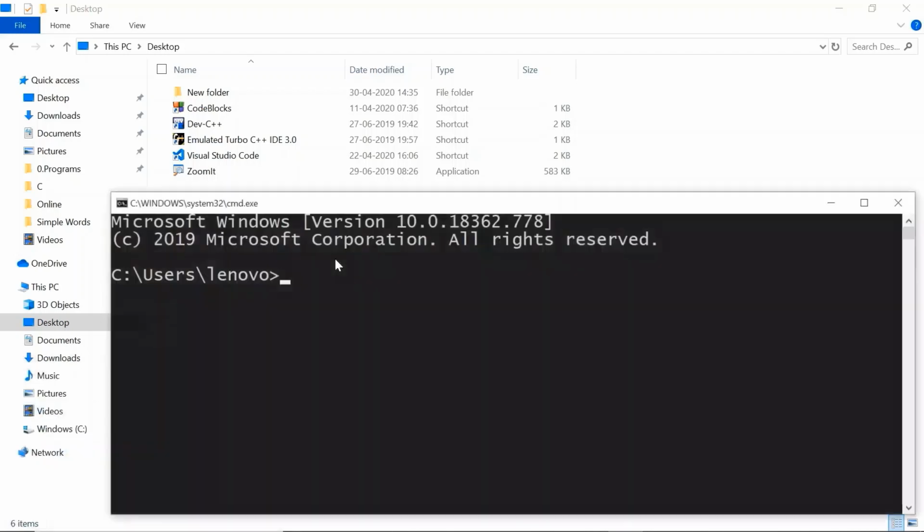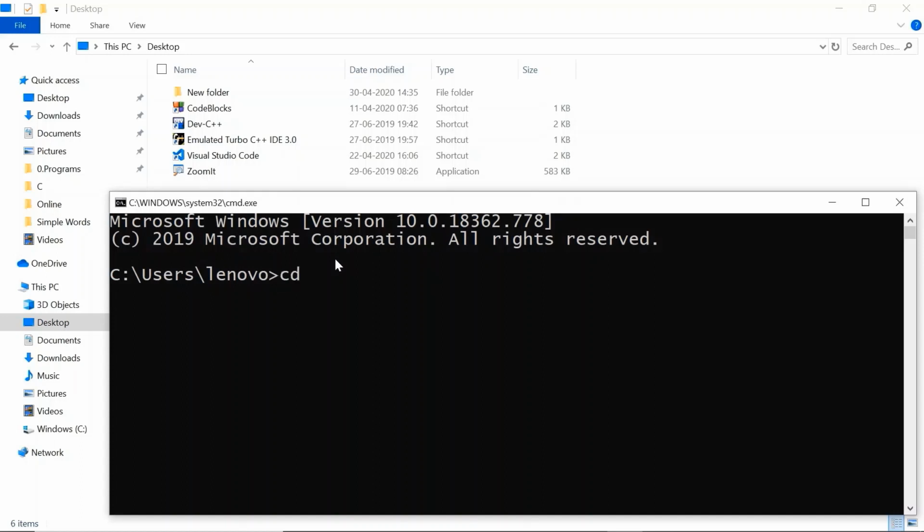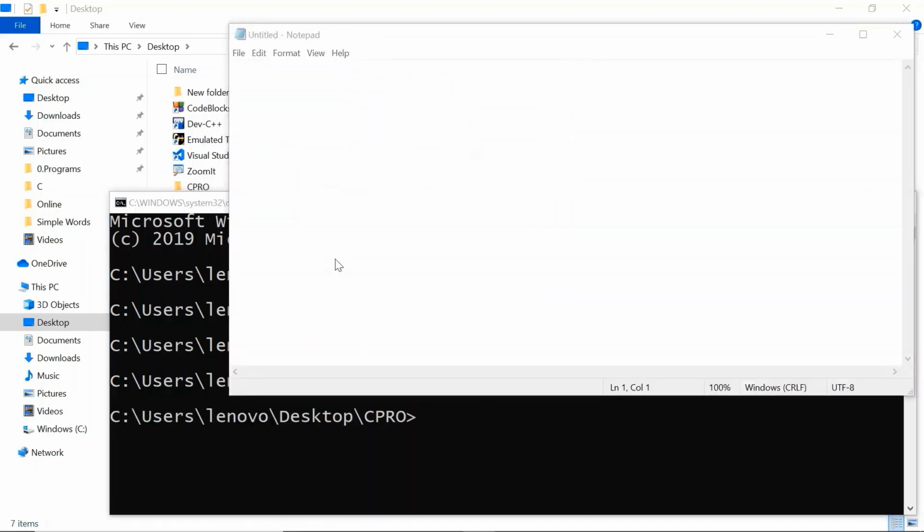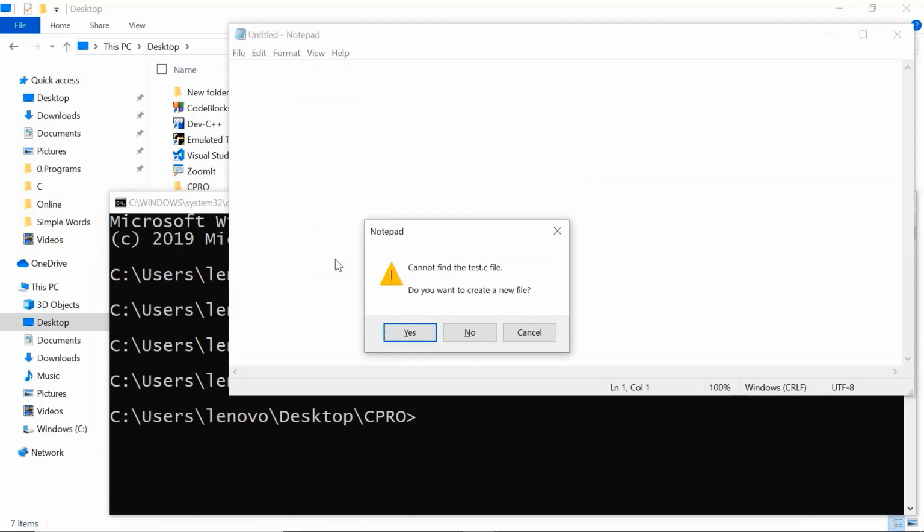Let us open the command prompt, cd desktop, create one new directory cpro, go to cpro, and now let us open a new file to create the program. Let us say test.c. Notepad is a very basic editor given by the Windows operating system. So I am opening a new file test.c in this notepad.